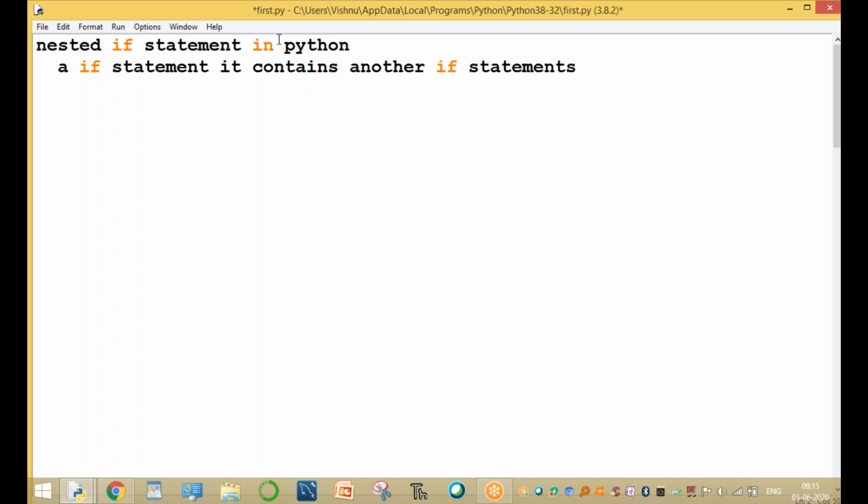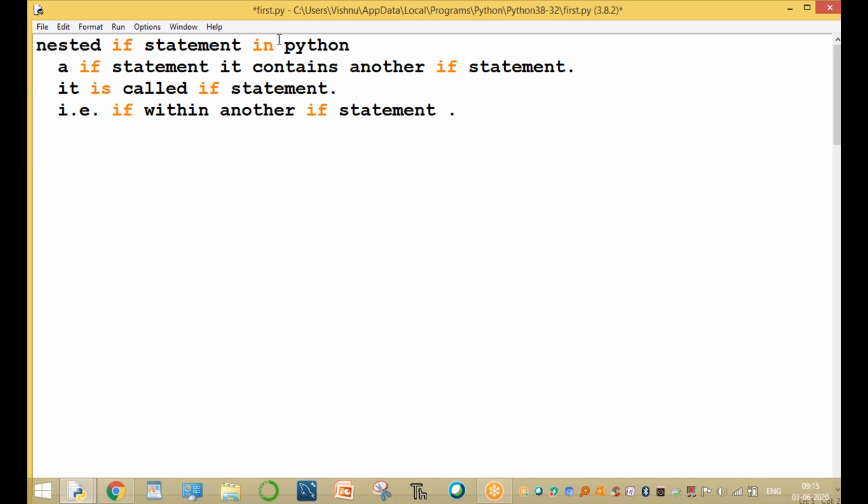That means it is an if statement within another if statement. That is a nested if.